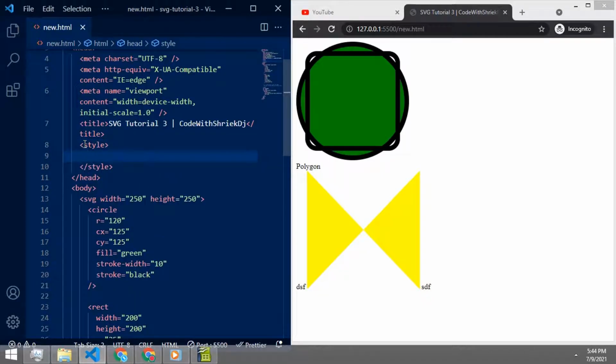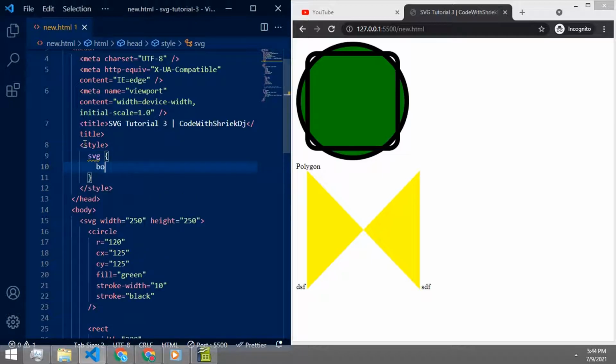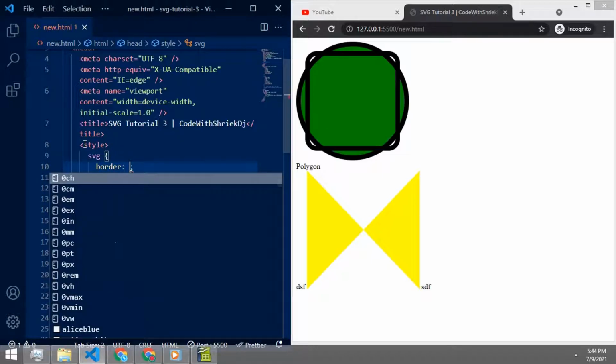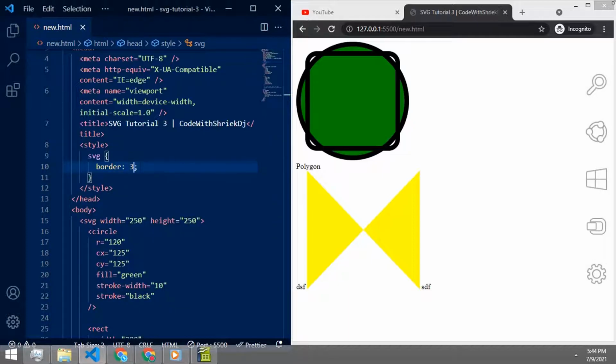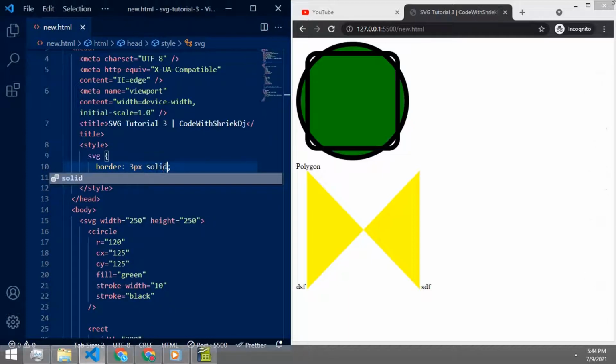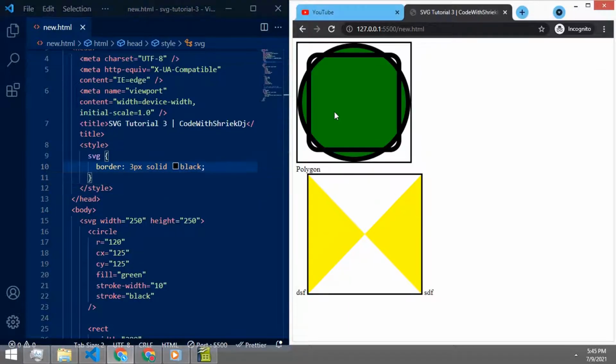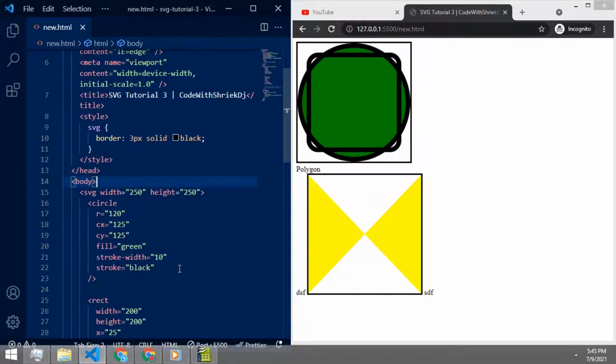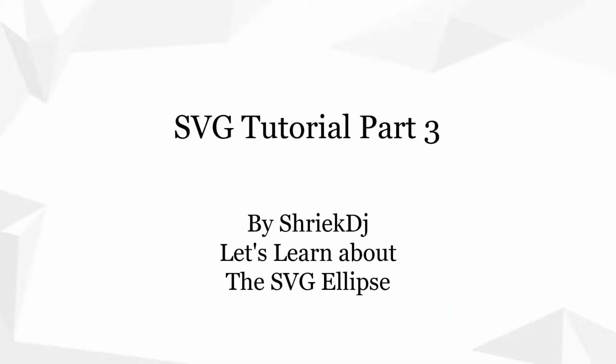Because you and I are unable to understand where our SVG is and how it is shaped, so we are just gonna give our SVG box or image a border, like 1px or 3px solid black. As you can see, this is our SVG image board or drawing board. Consider it as a drawing board or something like that.